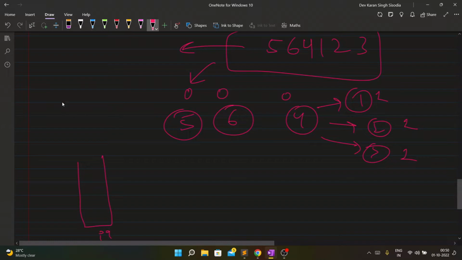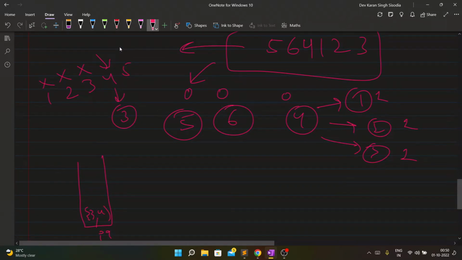Now let's iterate. We will be going from 1 to n in the loop: 1, 2, 3, 4. This has in degree 1, this has in degree 1, this has in degree 2, this has in degree 0. So we will insert this into the priority queue. It has 3 children, like 3 edges going from this node 4. So 4 will have 3 edges. So I will insert a pair 3, 4.